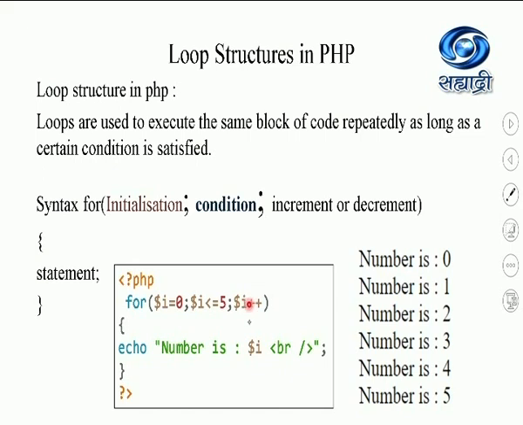Students, here i++ means i is equal to i plus 1. Instead of 0, if I specify 5, then here I need to specify obviously the lesser value 0, and this symbol is going to change to greater than. And if I write i--, it will go in reverse way, 5 to 0. So this is just 0 to 5. So I get the output like this if I execute this program.